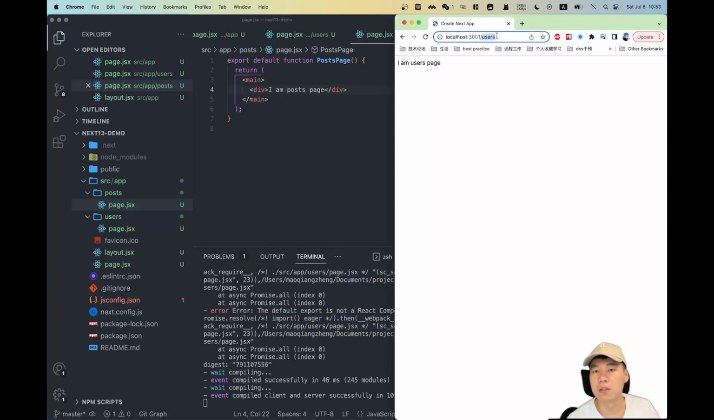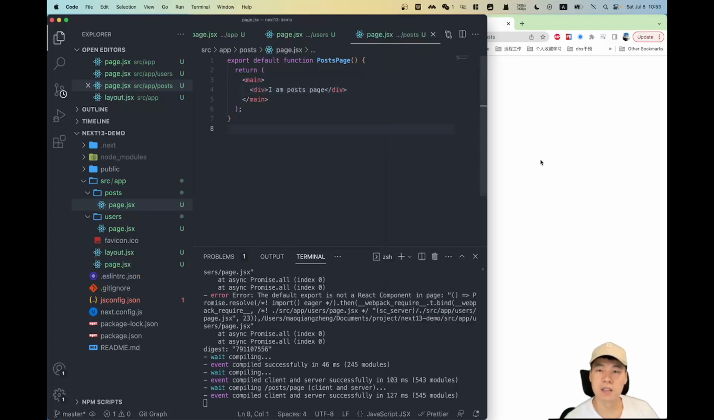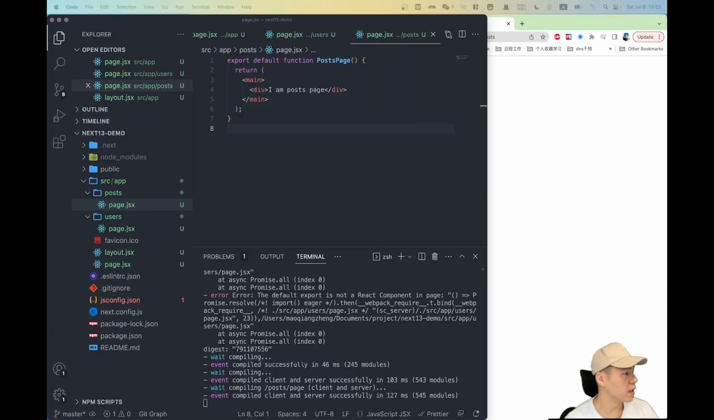So we have users, we have posts. Yes, you can see we have it on the posts page. This is the routing system in Next 13. And the next one I want to talk about is called Next.js